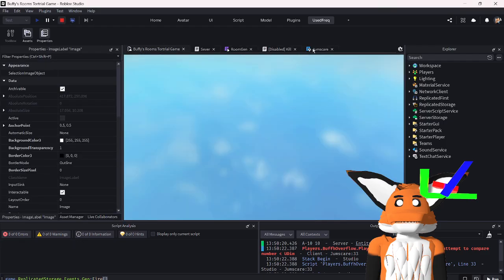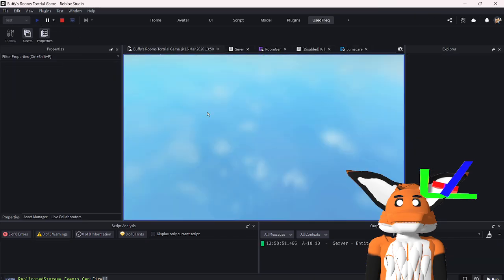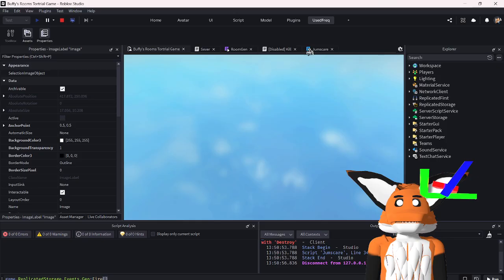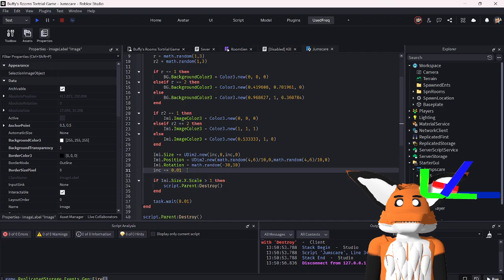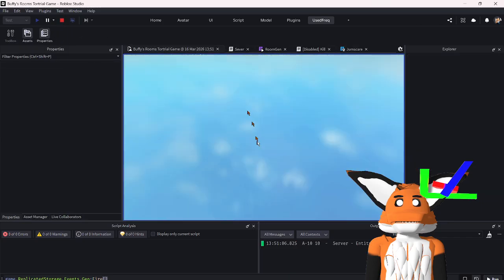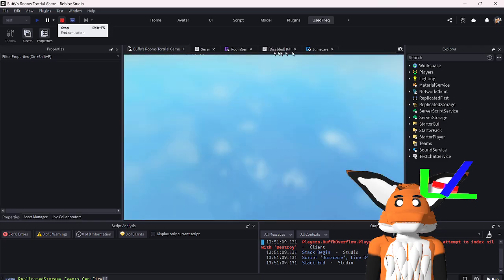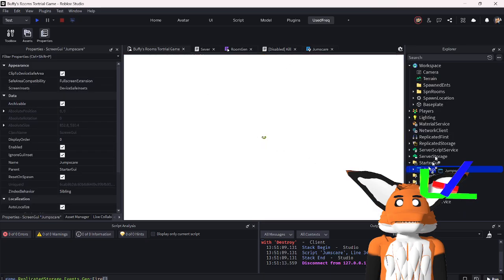But not. Maybe scale. Will that? Yeah, that'll work. Sync to 0.2 maybe. Yeah, that sounds good. And then we can take this, put it out, drag it into